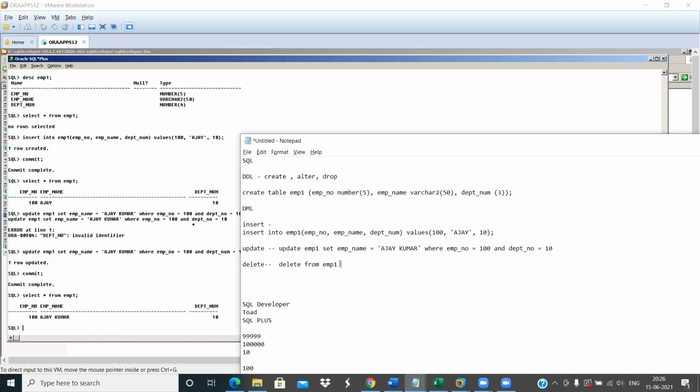I don't want it. I can provide the same condition that was used for updating the employee name, and the same condition we can pass for delete also. To delete this record, the entire employee data information gets deleted from this table using the delete statement.